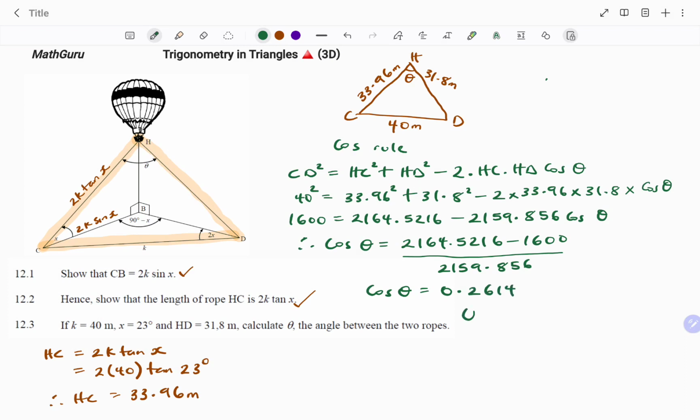And in order to find theta, theta will be equal to the arc cos of 0.2614. Arc cos is the second function of your cosine button. So therefore, theta will be equal to